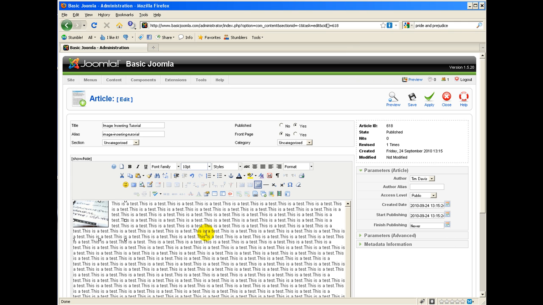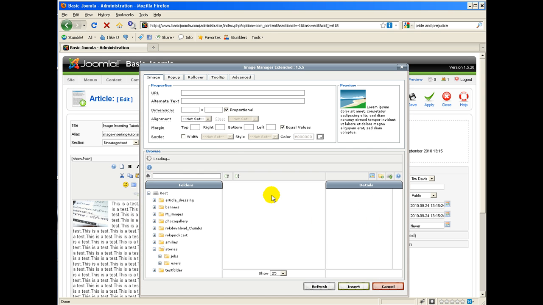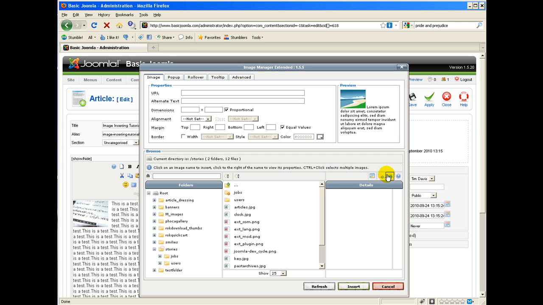Well, we can take care of that as well. I'm going to click elsewhere in this article, say, right there randomly. Go up to the Insert Edit Image button, open it up, and now we'll pay attention to some of these buttons over here. First of all, when you're going to upload a photo, it will go to the directory that